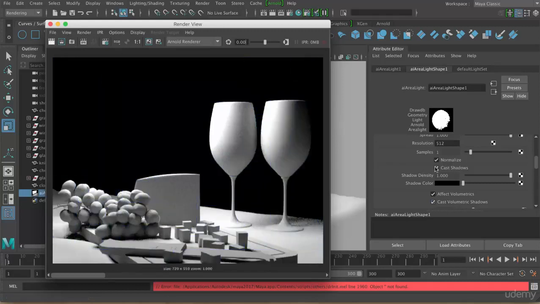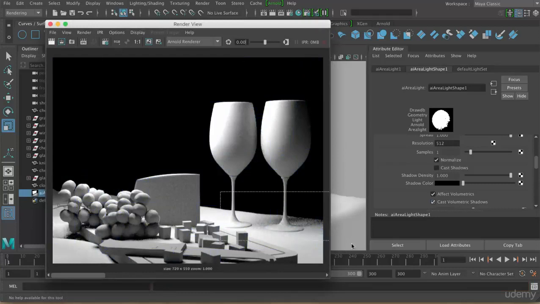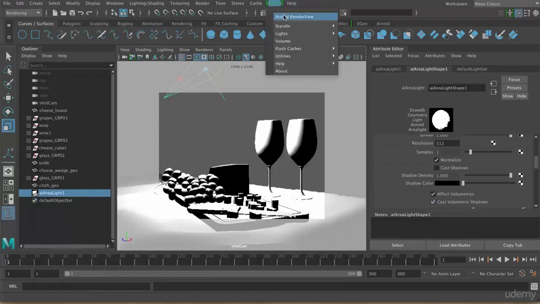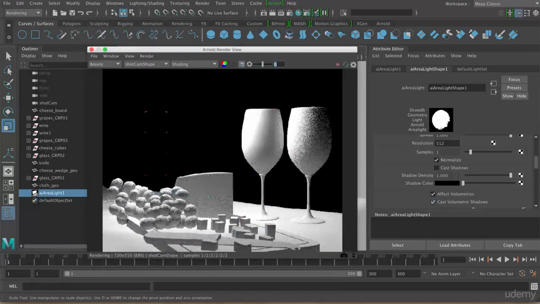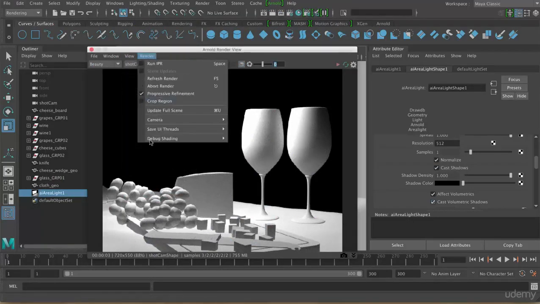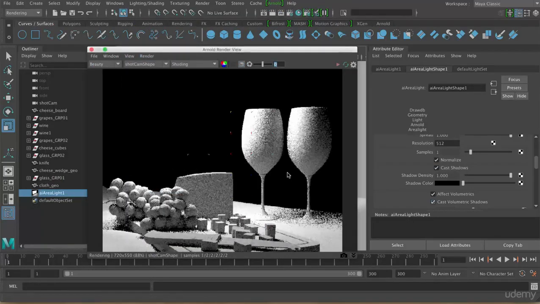And as you can imagine, if you turn that off, you're not going to get any shadows here. Just give that a quick render. In fact, maybe just open up the Arnold render view, it's a bit quicker, and turn that back on. I have to update the scene. There we go. Okay, and then you can pick the color as well, so you can make that blue